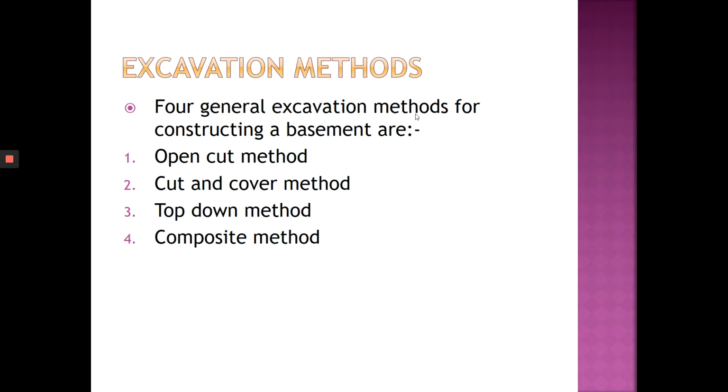The next. To do excavation, the first thing, of course, we need to excavate, because the structure will be underneath. And there are 4 general methods for constructing a basement. The first one is open cut. I always tell my students to look at the names themselves. Open cut means you cut it openly, cut the ground, excavation. You have space, you can do slopes. Cut and cover means you cut and you cover, or you cover first and then you cut the ground. Top-down method means you build the basement from the top to bottom. And composite means it's a mixture of the above methods.